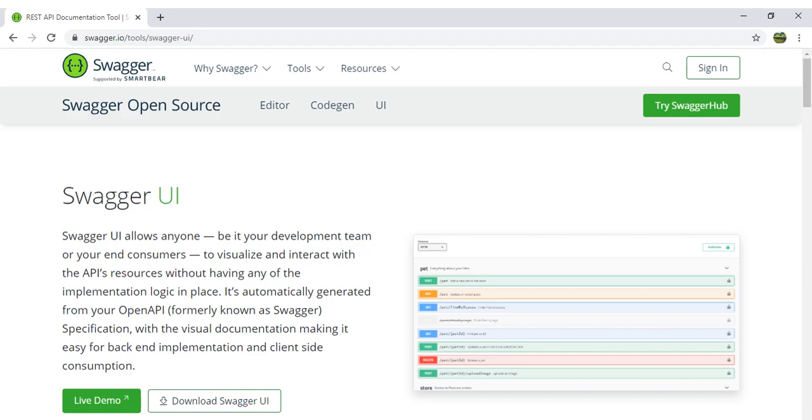Hello everyone. In this video, I will be explaining how to set up Swagger on an ASP.NET Core API application. In big projects, there will be two teams, like the backend team and the front-end team. The backend team is responsible for creating the services, whereas the front-end team is responsible for consuming the services and showing the data on the UI, and also for posting the data from the client side to the server